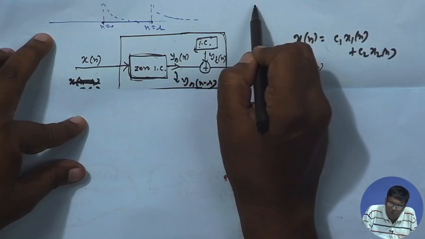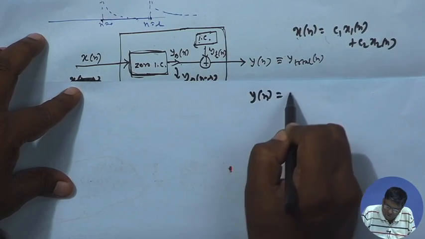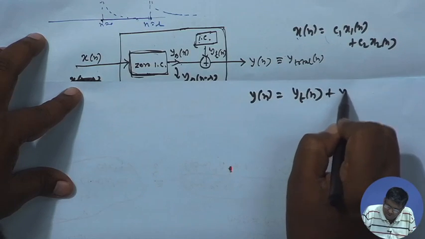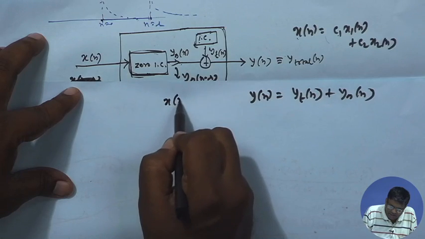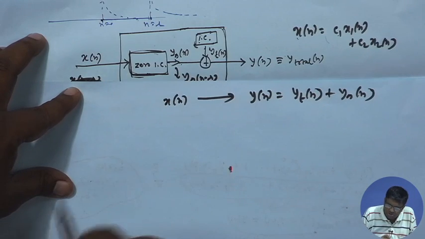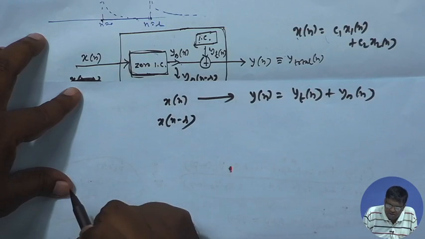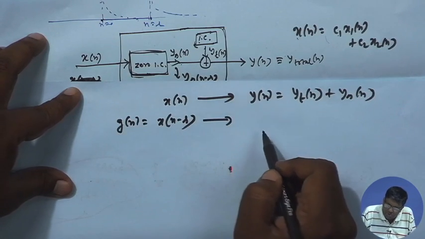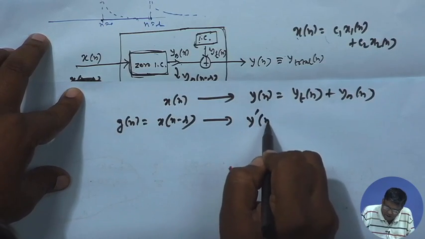So, the new output will be, previously the total output was yzi[n] plus yzs[n] when I gave x[n] as input. Now, I am giving x[n minus r] as input, which I call the new input g[n]. Corresponding output, if I call it y prime[n],